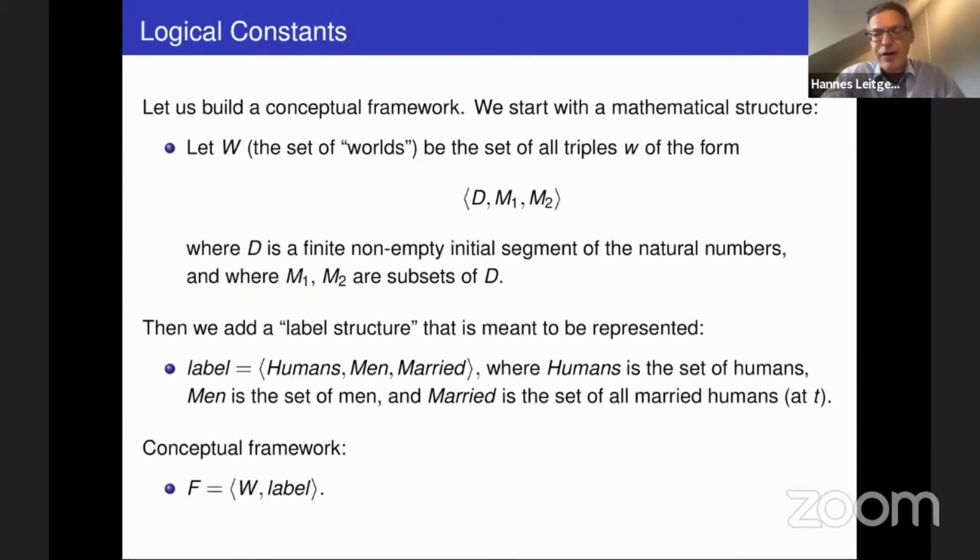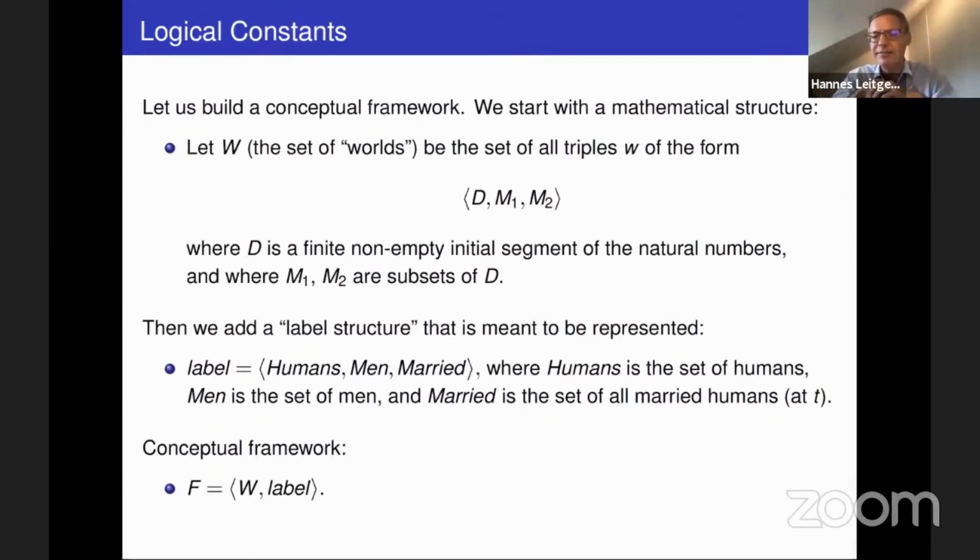So, as I said before, we first need a mathematical structure of purely mathematical possible worlds. So let me do that here in a very simple way. Let's say our set of worlds, that's this capital W here, is a set of triples, mathematical structures that look like this. Okay, so these will be my worlds, where the first component, the D, is a set of natural numbers, finite, non-empty. M1 is a subset of D and M2 is a subset of D. Run through all the combinatorial possibilities satisfying these constraints, then you have all the possible worlds in the first framework